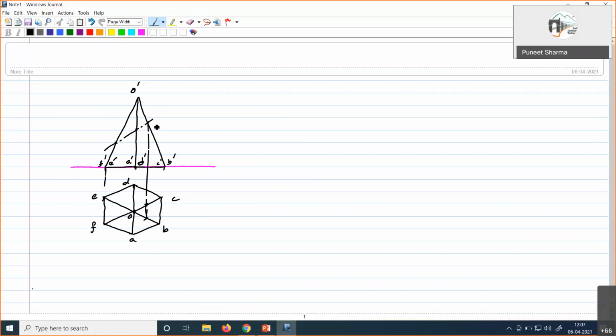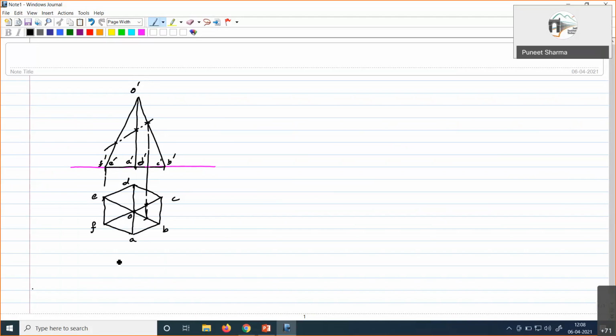So here for this corner, right, we could draw this projector and we could locate where OC is getting intersected by the section plane and where OB is getting intersected by the section plane. So by locating the location in the front view, after drawing a projector, we readily locate them on OC and OB. But again for this point, it will not be possible to locate them on OD and OA, right? Because as we draw the projector, then it will be coincident with it.